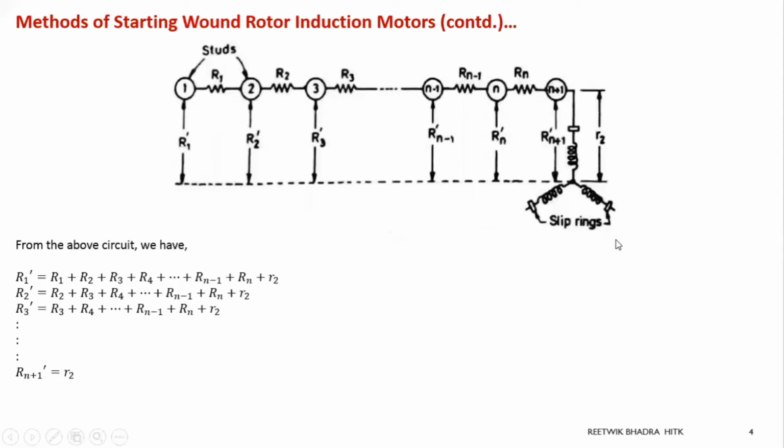Now we are going into calculations. How to do the calculations? Now what we have to do, we have to calculate the equivalent resistance from starting. That means it will start from connecting this R1 back to our small r. At the starting the whole total resistance will be connected. So I will start from start 1, then go to start 2, then go to start 3, and goes on to Rn plus 1 dash.